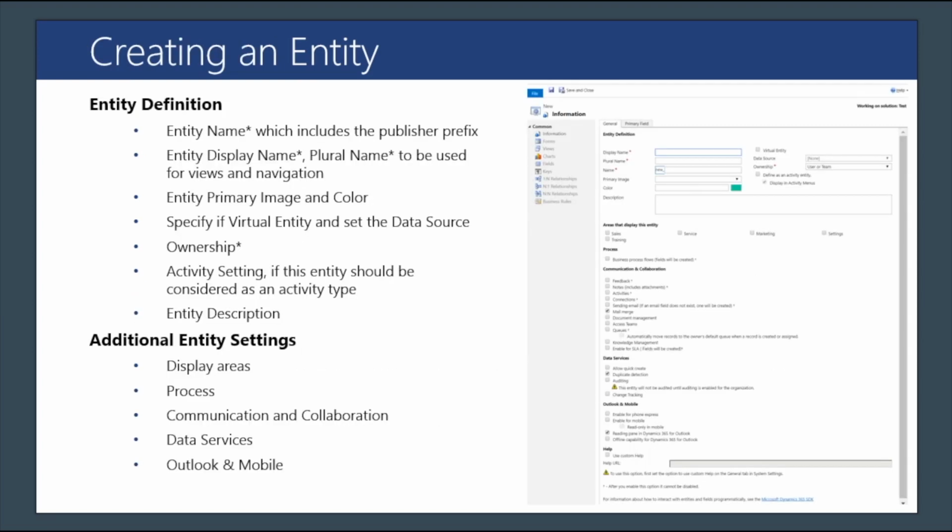So when you go to create an entity within the tool, you actually have to provide certain pieces of information that will then allow the system to create a representation of that entity so that you can begin to store information in it, including things like the entity name, the entity display name. So when we reference the entity within our views and within dashboards and within other presentations, you can say this would be, for example,